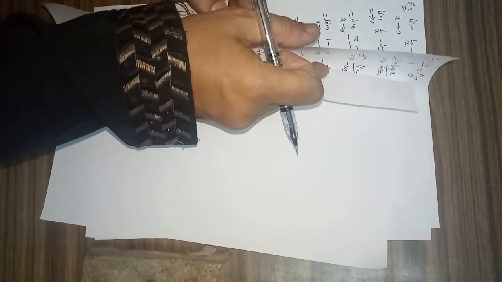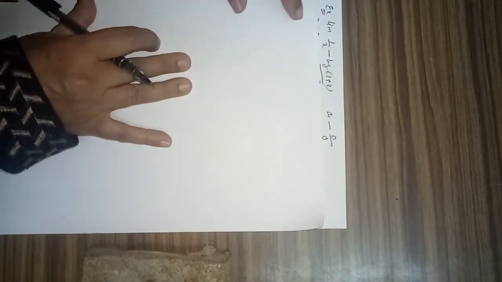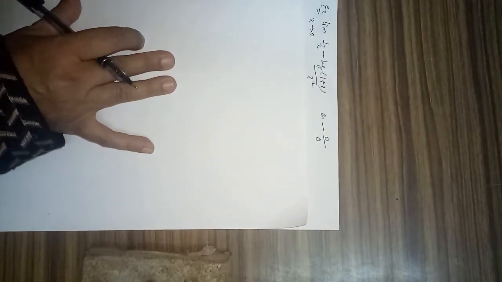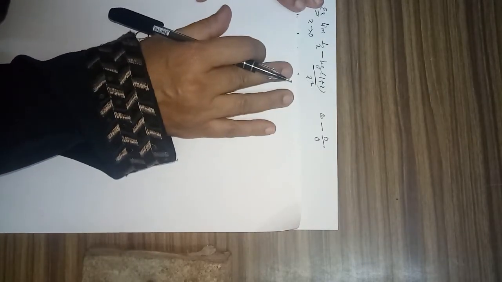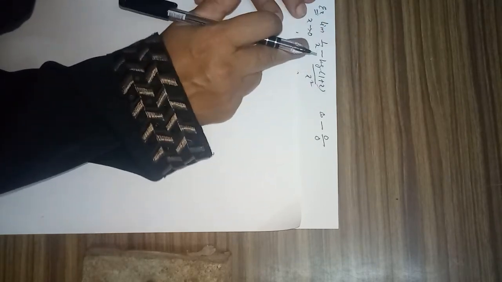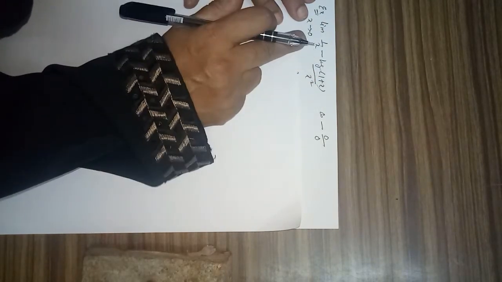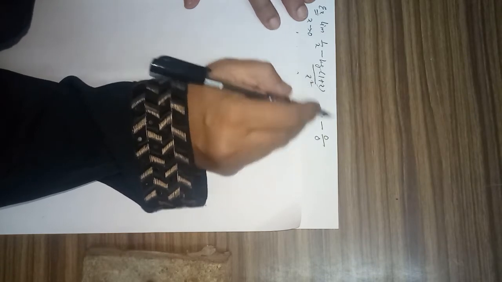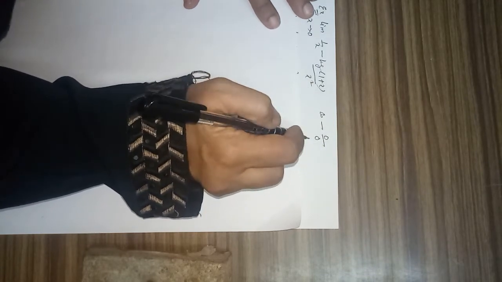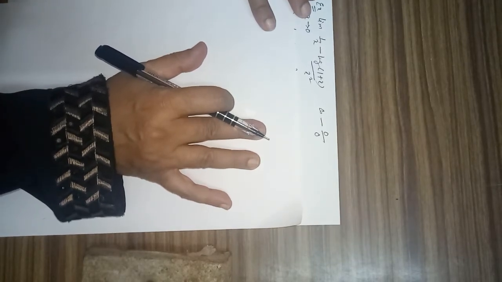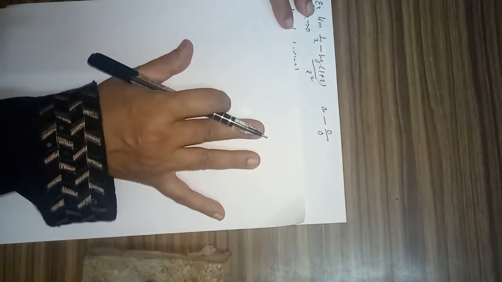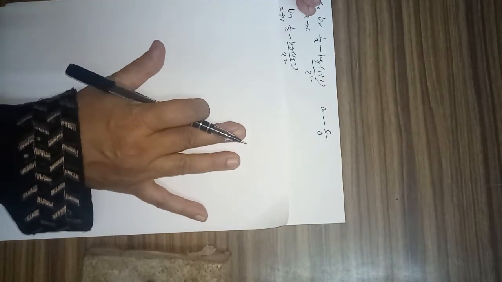Similarly, there are several examples where we can apply L'Hospital's rule, basically for 0 by 0 form. Lastly, I shall consider one problem. Limit of 1 upon x minus log of 1 plus x divided by x square, which is infinity minus log of 1, that is 0 by 0, an infinity minus 0 by 0 form. This is neither 0 by 0 nor infinity by infinity. We have to reduce it to a suitable form where we can apply L'Hospital's rule.